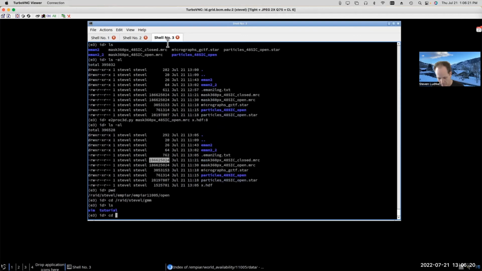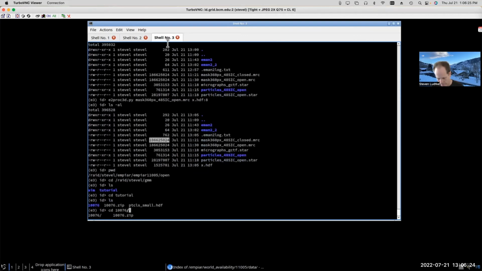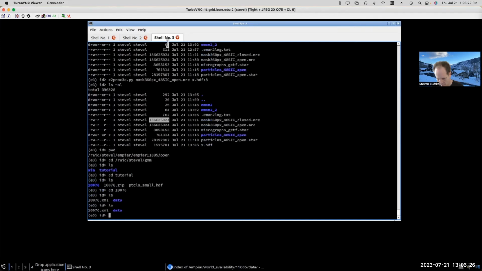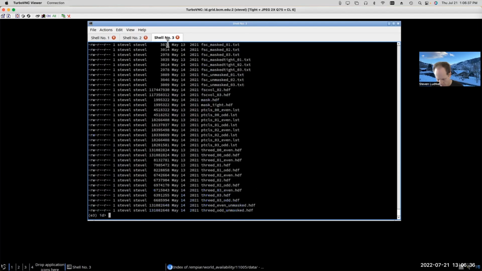Go back to the GMM folder we were in. Oops. Okay, back where we were. So if we look at this 3D file here, you can see it's about 6.4 megabytes.